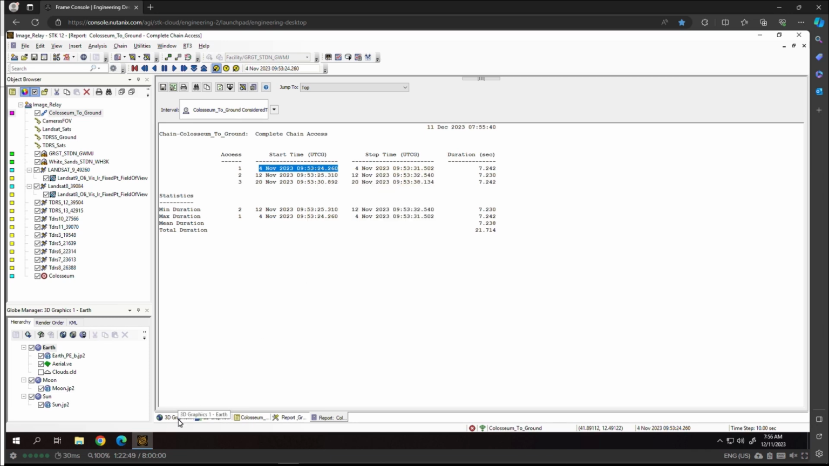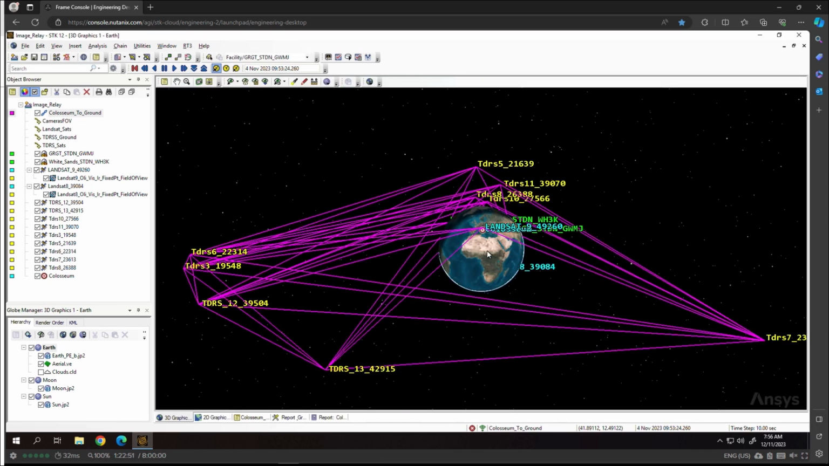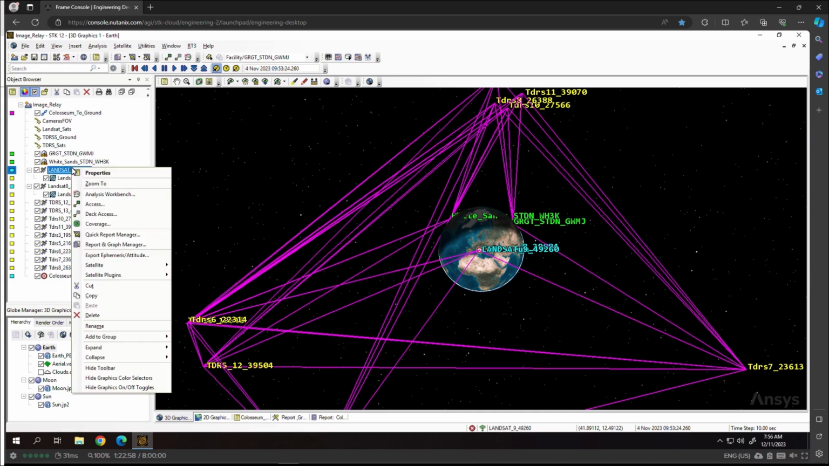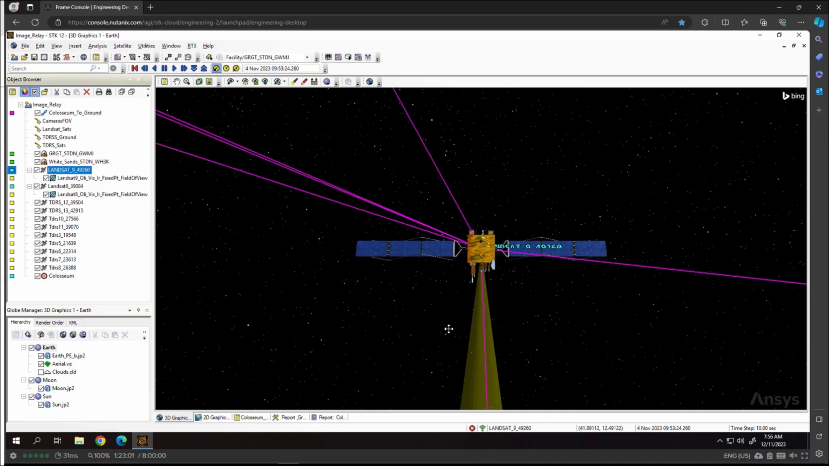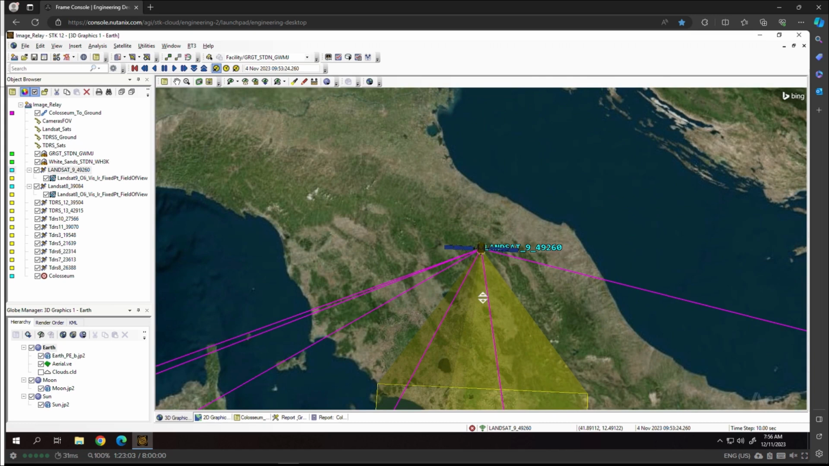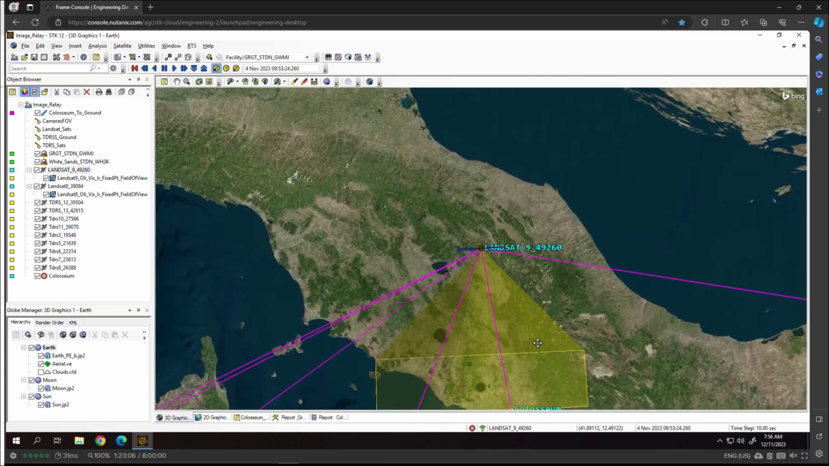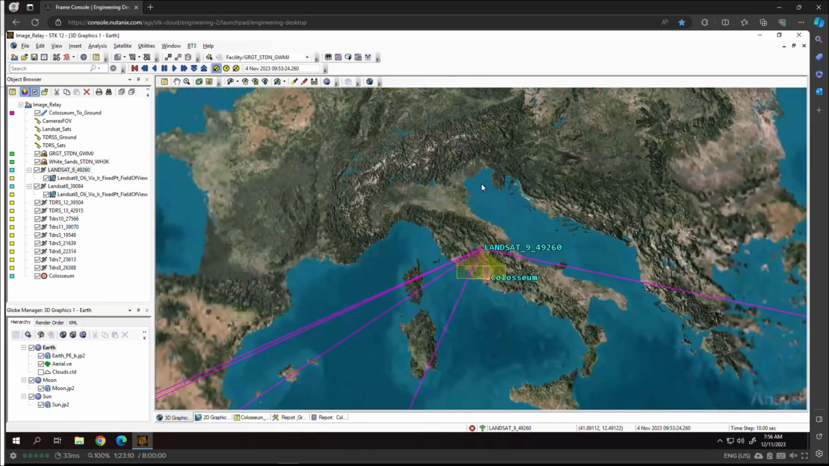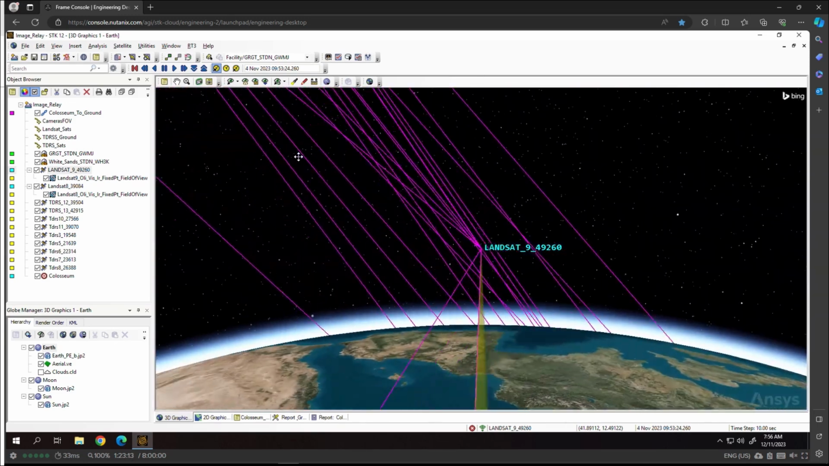If I right click on this first start time and jump to it, I can actually visualize this in the 3D graphic window. And you can see that it's busy. But if I go to the Landsat satellite, and it looks like it's Landsat 9, I can see that it's passing over the Coliseum, and then in turn, that satellite can see multiple TDRS satellites out in the distance,